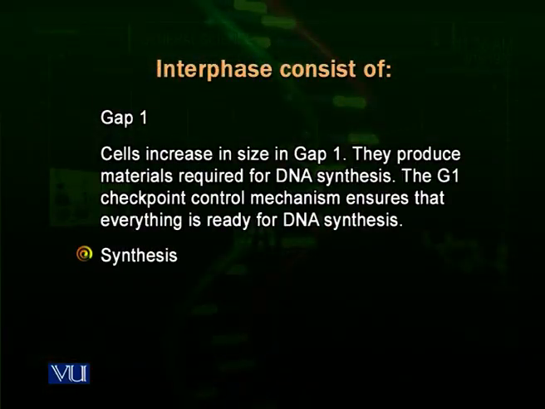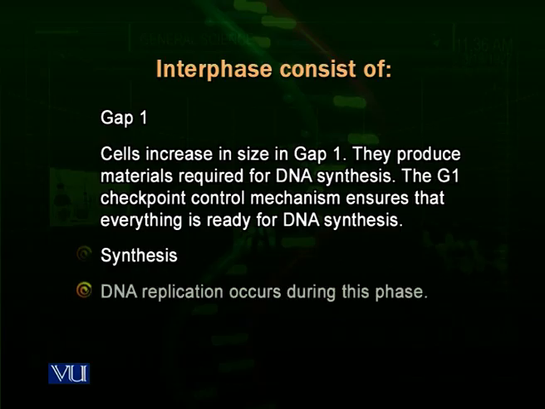elements. For example, if an enzyme required for DNA synthesis is not formed or is formed in lesser quantity, then the G1 checkpoint stops the cell from entering into the S phase, and it will make the enzyme and then enter into the S phase. The S phase is the phase in which the DNA is synthesized and the cell actually duplicates